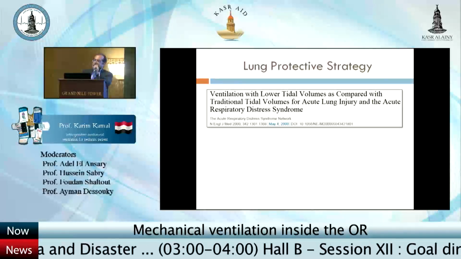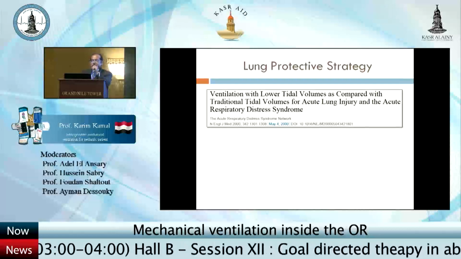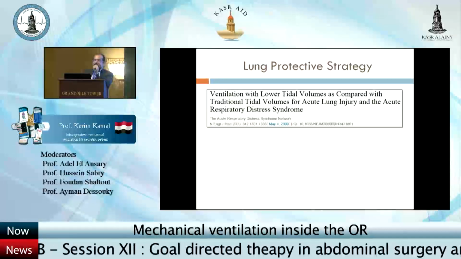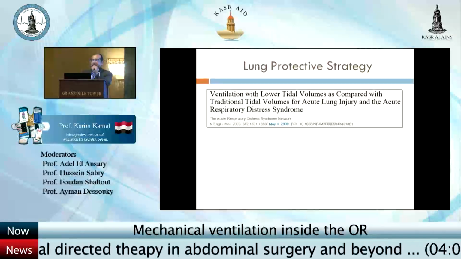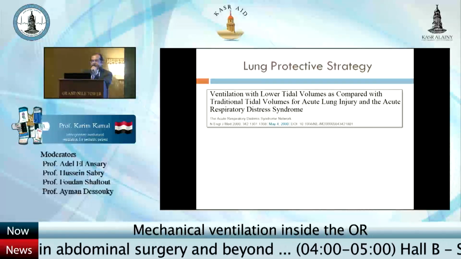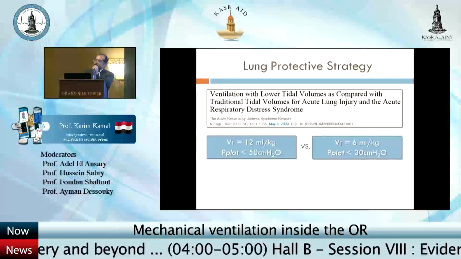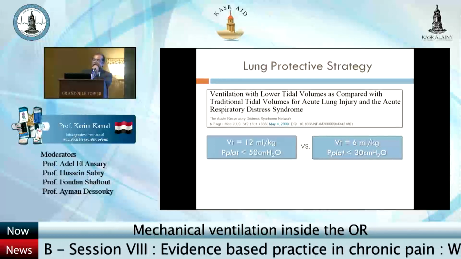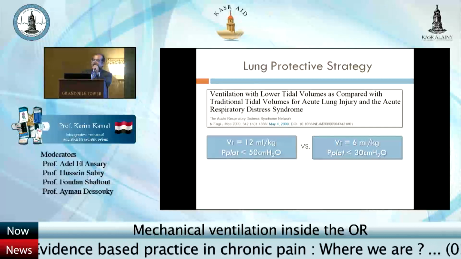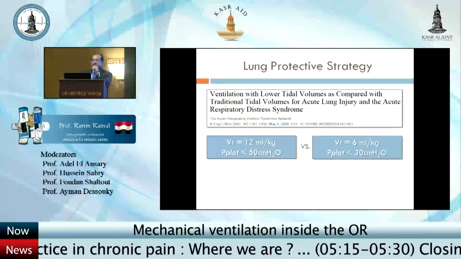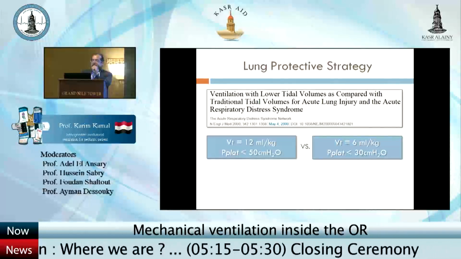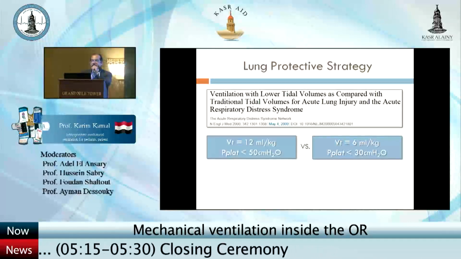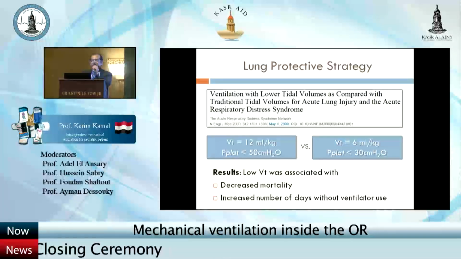One of the most important ones is the trial published by the ARDS Network in the year 2000, and they randomly allocated patients to either receive a tidal volume of 12 milliliter per kg with a plateau pressure of around 50 centimeter water, or a low tidal volume of 6 milliliter per kg and a plateau pressure of 30 centimeter water. And what they found was that the low tidal volume group was associated with decreased mortality and increased number of